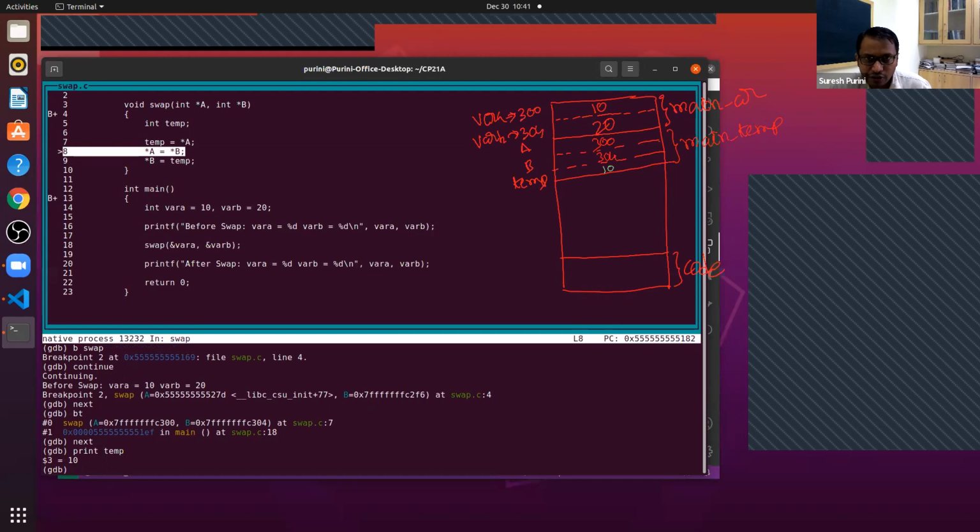Now when we say star A is equal to star B, we did this, but this is a recap. Star A is equal to star B. What happens? We go to the memory location associated with A. Can we say A is equal to star B?